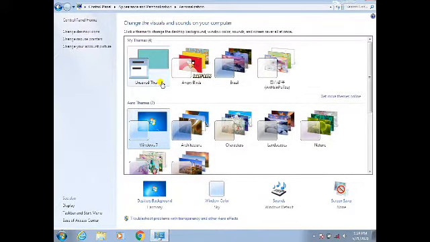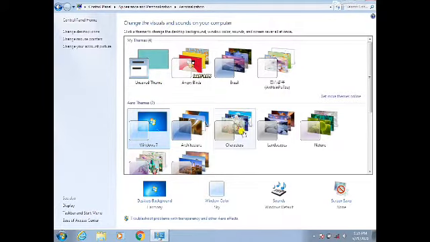Before I change the theme, first I will say something about what a theme is. A theme is a combination of pictures, colors and sound on the computer. It includes a desktop background, Windows border color, a sound scheme and a screen saver.